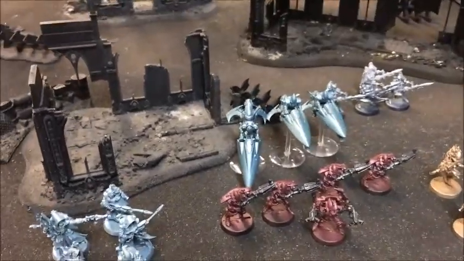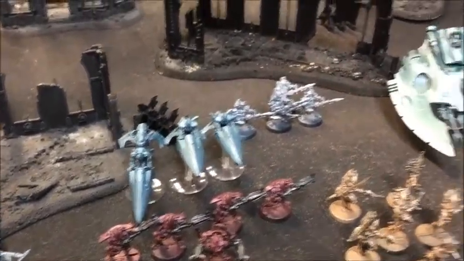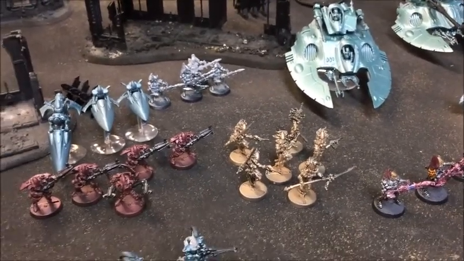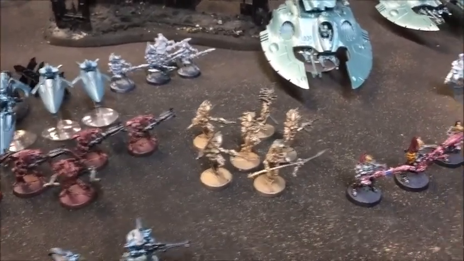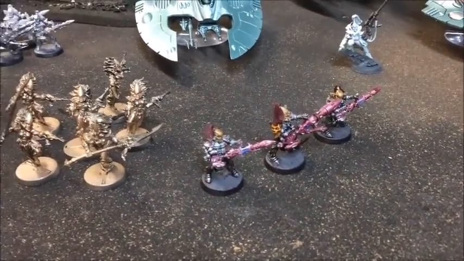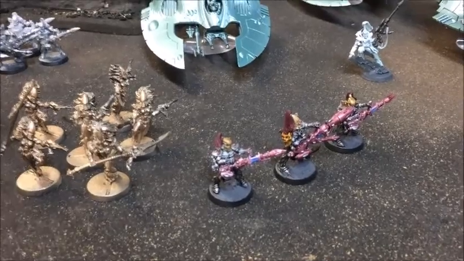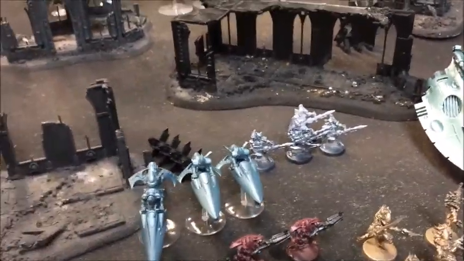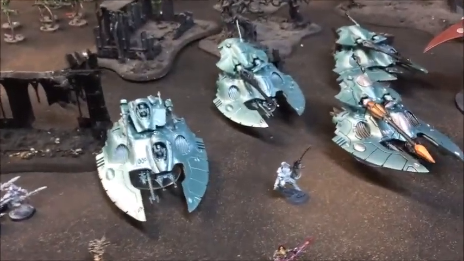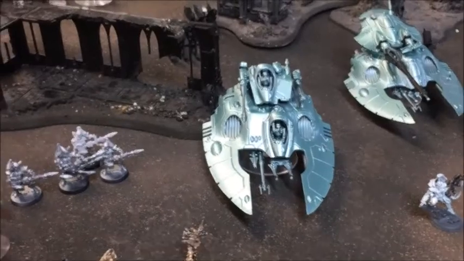3 jet bikes with the shuriken cannons, and then 2 units of Dark Reapers. I think he wanted to run more, but this is all he's got together at the moment. So this unit has the... are you actually running that as the ENL or the Reaper launcher? Reaper launcher. Just treating that as a Reaper launcher. And then over here he's got the Tempest launcher. Then we have a heavy support detachment, Spearhead. So we've got Falcon with the...